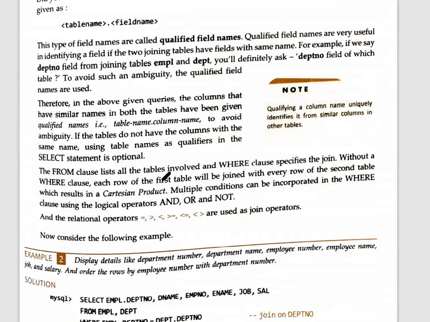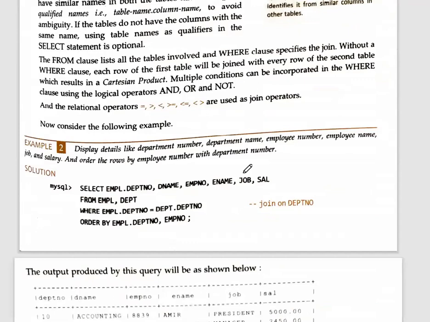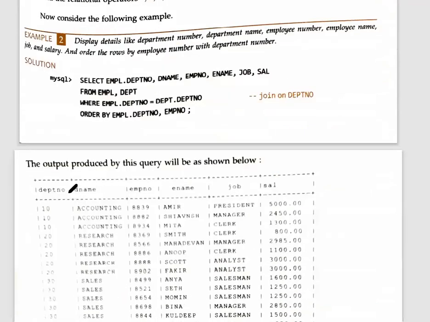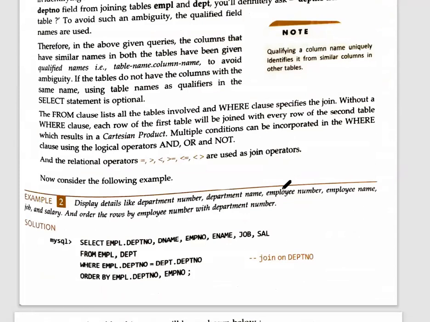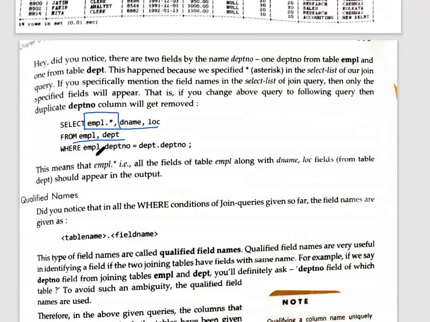If you write like this, you can see that in this particular case, the department number will be shown to you only one time. It will not be shown multiple times. I hope this is clear, how we are combining. It is your choice how you want to combine. If you write simply asterisk, the common column will be shown to you twice. If you don't want that, then you have to write the names of the columns explicitly.